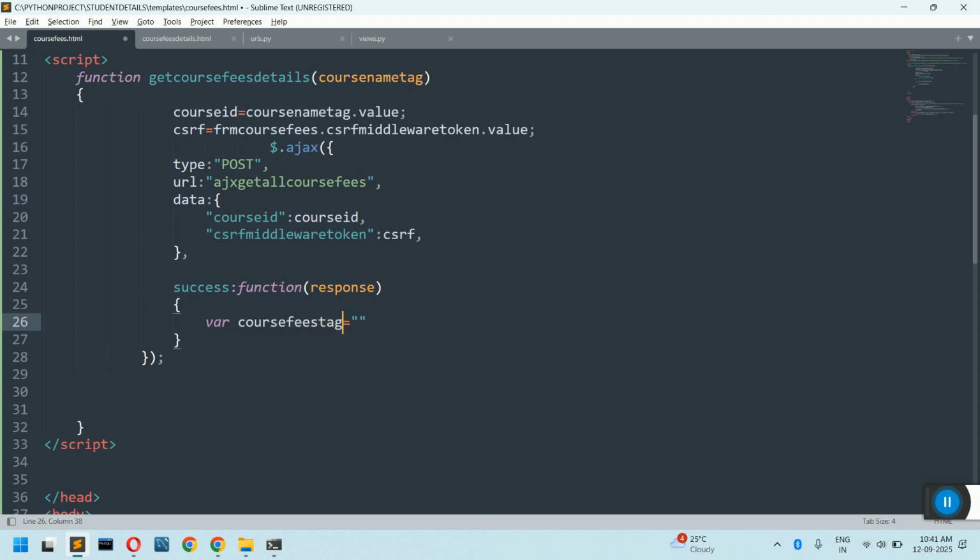Or I can say course fees tag. Now, since we have to put it inside the select tag, we use the option tag. The option tag should be used to display the data in the select tag. That's the first point. Second point, here we have multiple fees in the response object, so I have to make use of a for loop. How to use a for loop? Very simple. For say course fees in